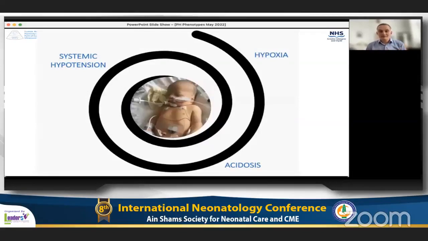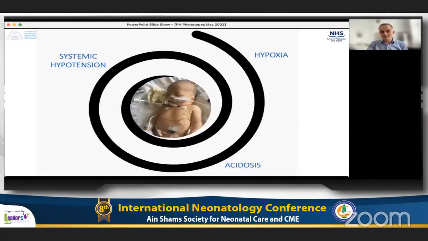Many of you will be experienced and familiar with a patient with the clinical picture of PPHN, a patient who is hypoxic and cyanosed, who is acidotic with a combination of respiratory and metabolic acidosis, and who has systemic hypotension, and who appears to be in a worsening spiral. And the challenge for us is to try and break that vicious cycle or spiral, and hopefully to improve outcomes